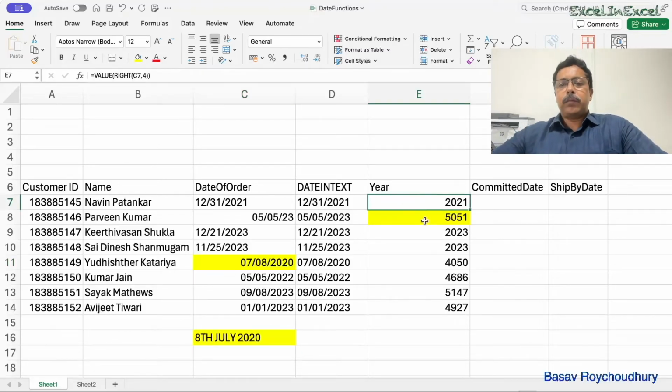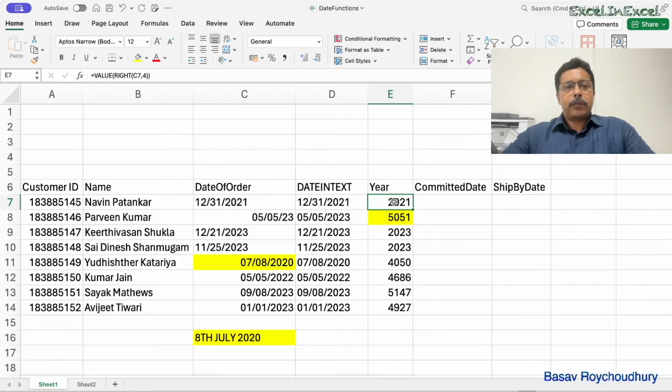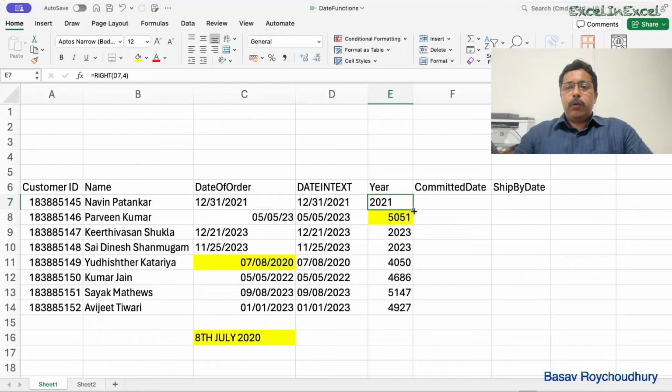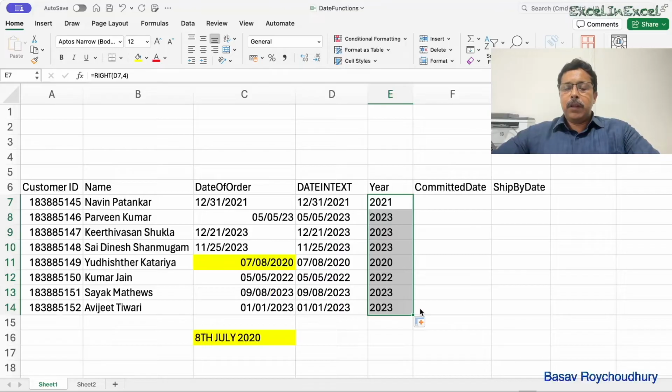So now what we can do is we can get the year as right of this comma 4, and we could do this for all of them, and we would get the year correctly now. Similarly, we can get the month, which is the first 2 digits, and we can get the date, which are the remaining 2 digits. Therefore,